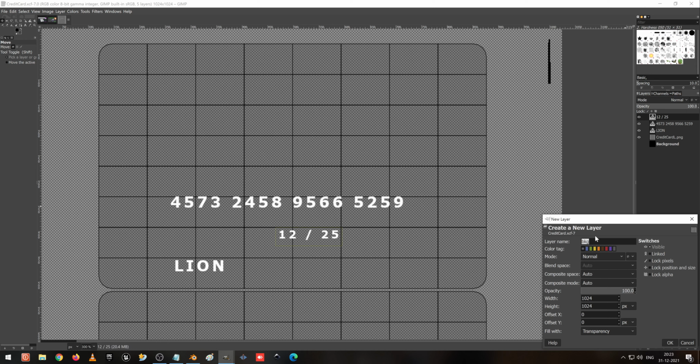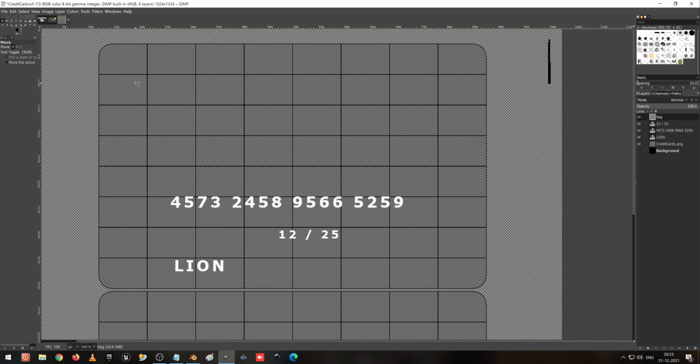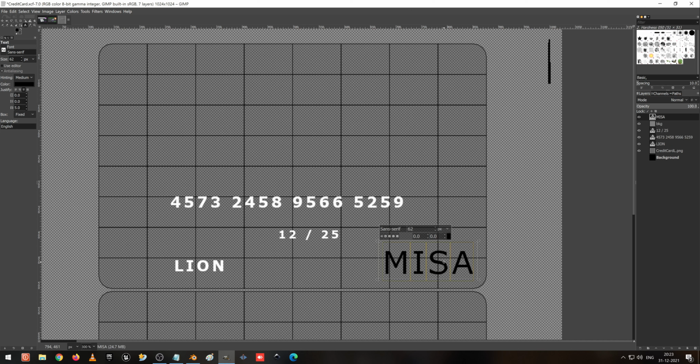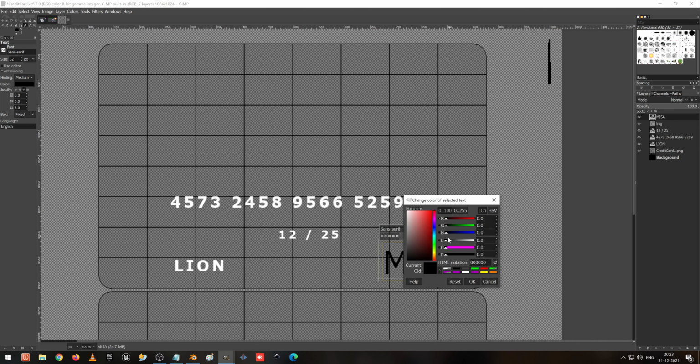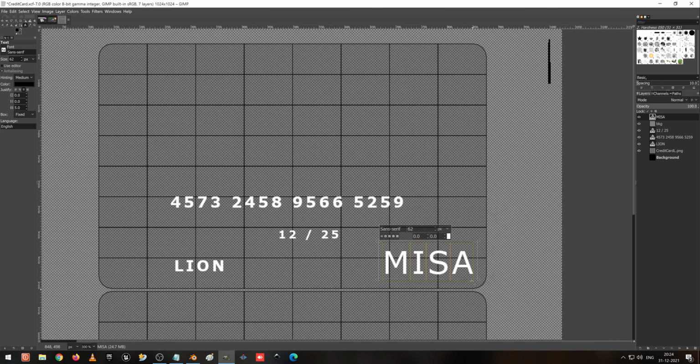Now I go to the top and I'm going to create a new layer. I click, this is a background of the rail, so I name it BKG. Here we are going to do all the designs. So I go to the text again in this layer and I create a text for this. I'm going to make it Misa card.